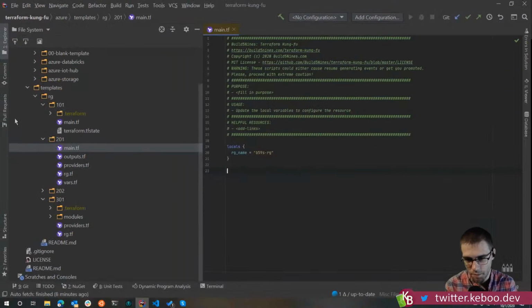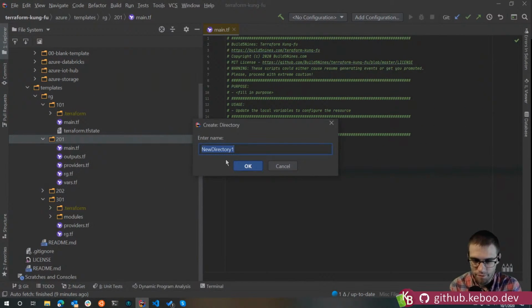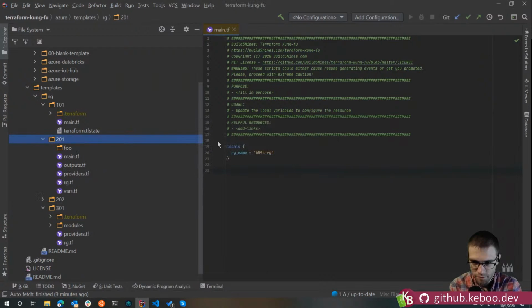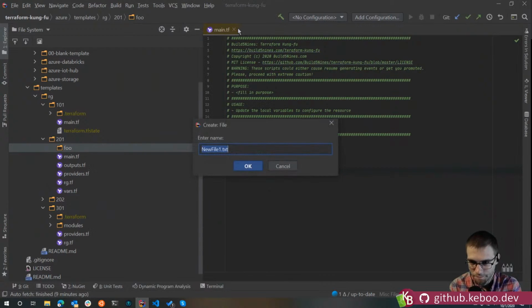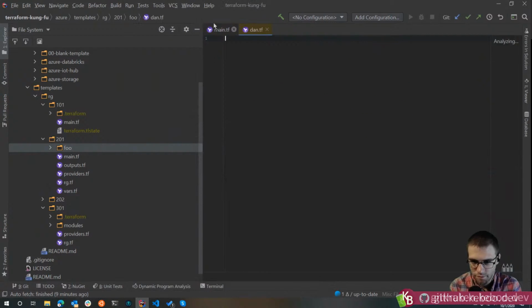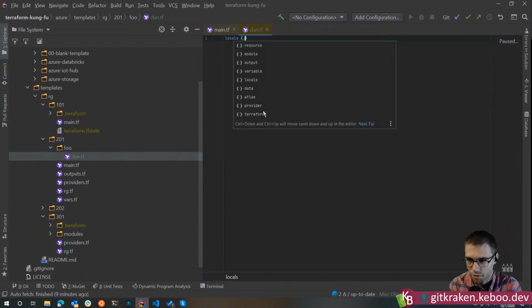Pretty much all of the scoping inside of Terraform is directory based. So if I did, we'll just call this foo, and I created a new file here called dan.tf. If you tried to do a new resource group or similar, it wants me to create one, right?